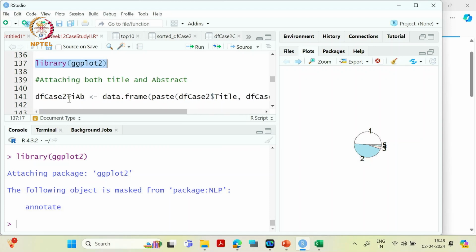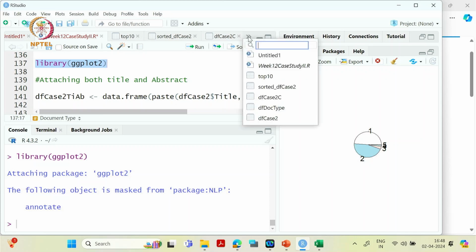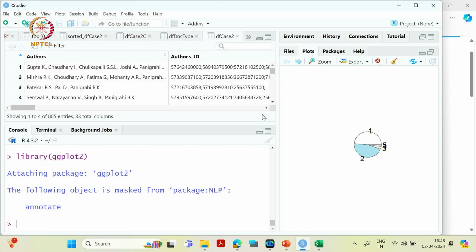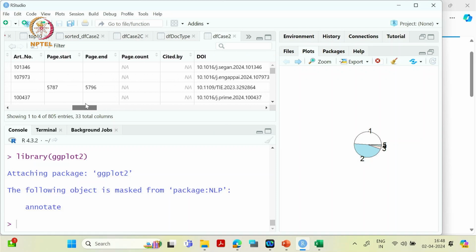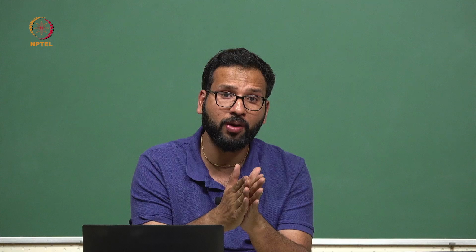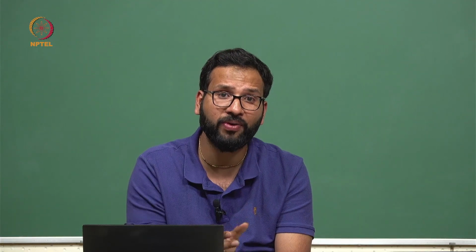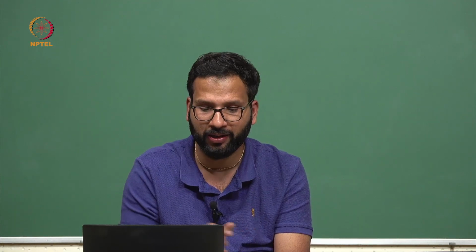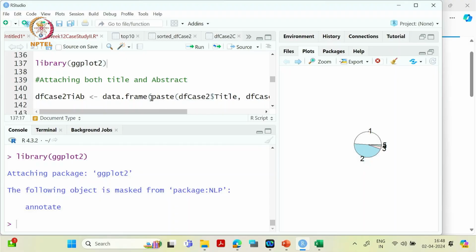So our original data set is df_case2. If we see here, this is our data set of 805 publications. So we are going with title and then abstract. These two columns, we'll take these two columns and make them a single column where we have the title and abstract together. So how will we do that? We will use this paste function, and if I do it like this,